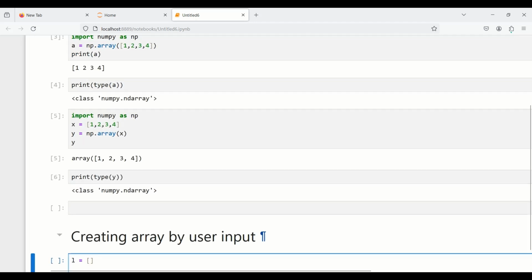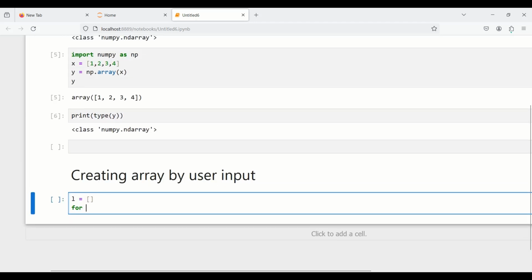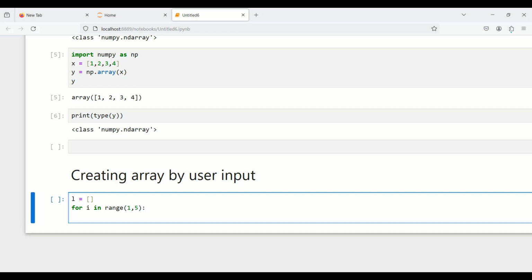This is our empty list, and then use a for loop, for i in range 1 comma 5, and then this is your input, inp, and take input from the user, and we want to take an integer number from the user. Enter the values,